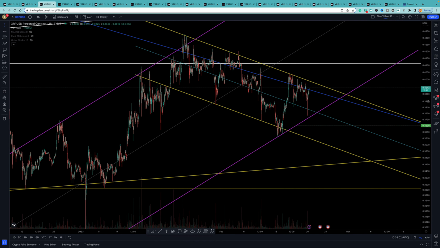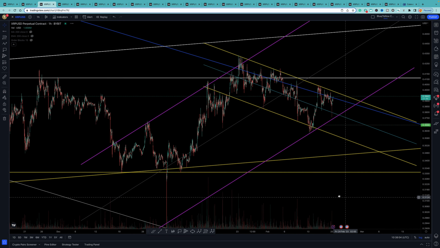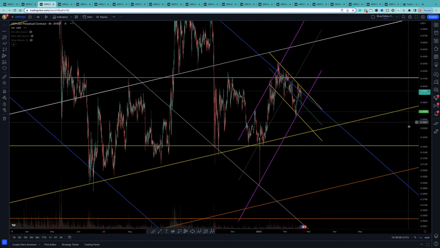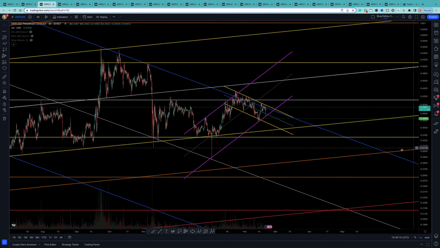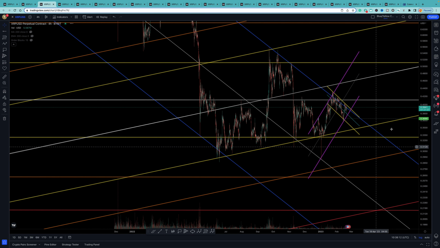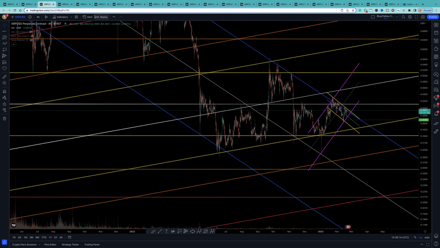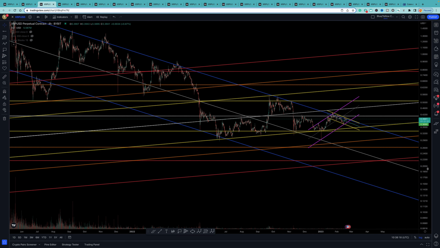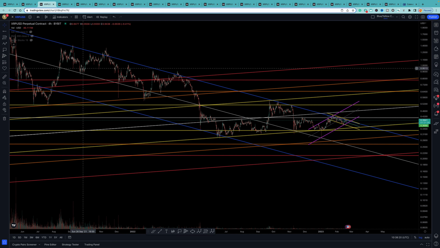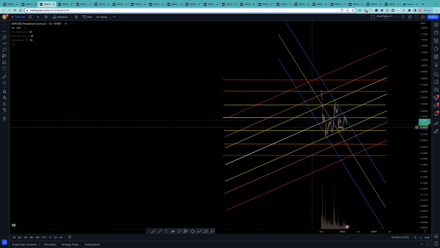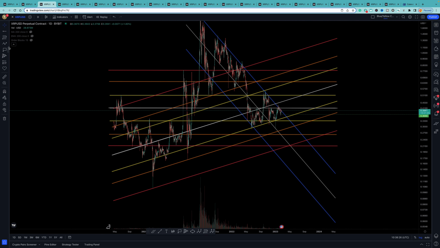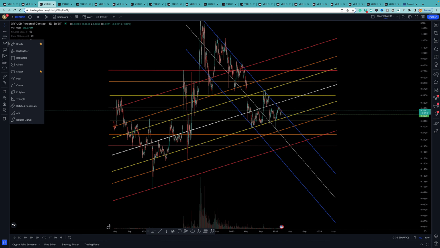Now, when I have a look at this here, so let me put this on the 4-hour. I know this might seem confusing. I'll zoom out again for this one, just to explain to you a little bit. Okay, so you can see here